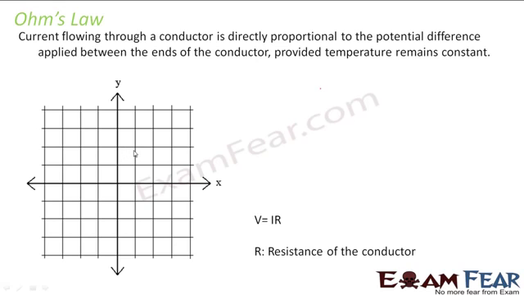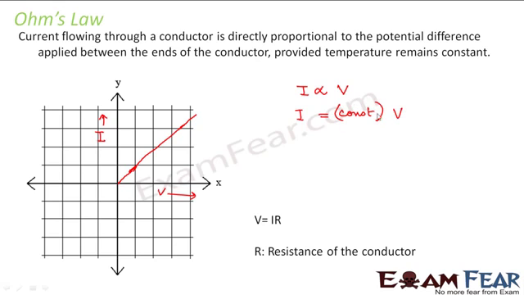What he actually did was set up a circuit, and he kept on increasing the potential difference between the ends of the conductor, and he kept measuring currents for different values. Then he plotted a graph where he took voltage along the x-axis and current along the y-axis, and he found that the line obtained was something like this, which showed that current is directly proportional to the potential difference. So if you want to convert this proportionality into an equality, you should